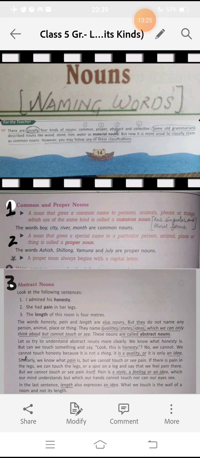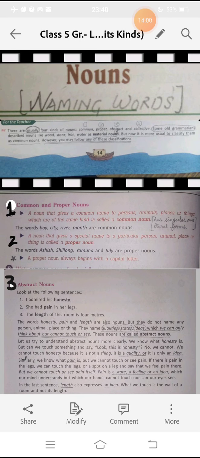It's showing small letters there. Just zoom the page or you can also refer to your book. See, it's written in the last sentence, but now it is more useful to classify them as common nouns. So you can call them common nouns also, but if you can make out easily that this is a word from which something can be made, or this is not actually a word, this is a substance, or this word is a material with which we can make other things, then you please